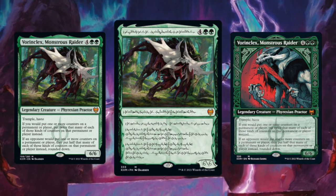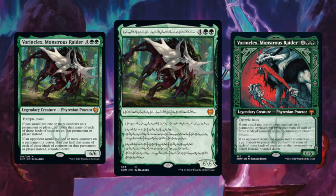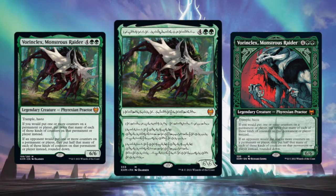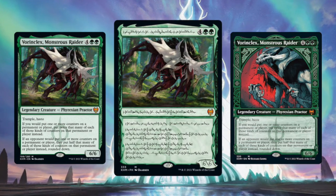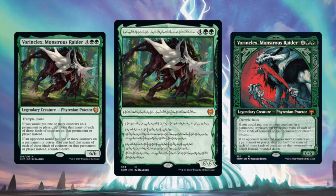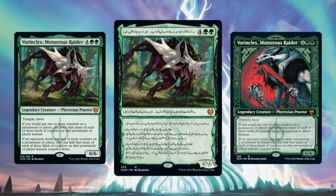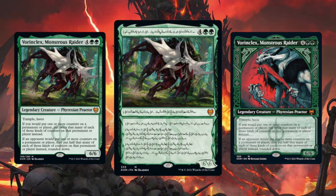I guess I just have a few little tidbits to add on to what you said. This Vorinclex is slightly different to Doubling Season in that Vorinclex will actually double the plus one or plus two, the plus abilities of your planeswalkers, whereas Doubling Season doesn't. That's a small little difference. Oh yes, good to mention. And